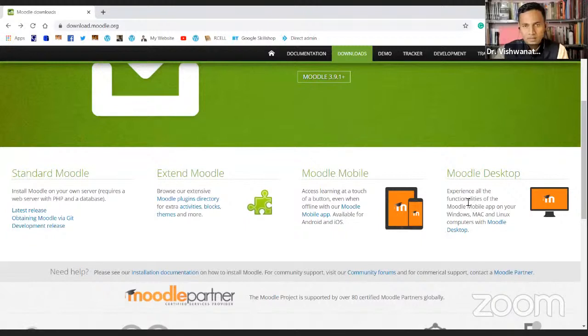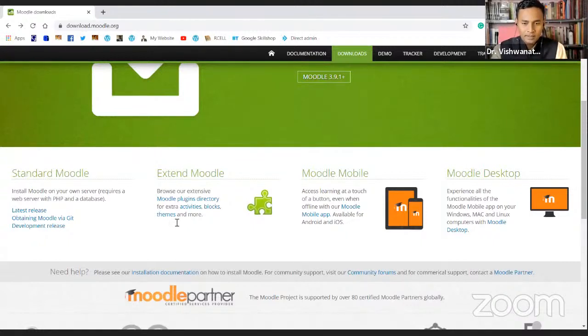There is also another way of Moodle, that is called Moodle Desktop. So desktop is the same interface, same software, but instead of hosting it on our website or any website for that matter, we install it locally on our own laptop or computer, and create courses, practice with it, learn about it, and do all the things that we want to do from our laptop only. So these are the four ways, or three ways actually, and the fourth is plugins and extensions. Okay.